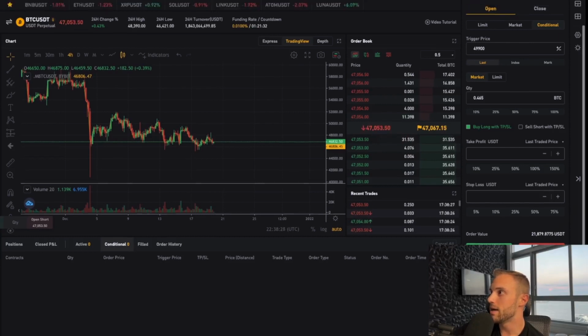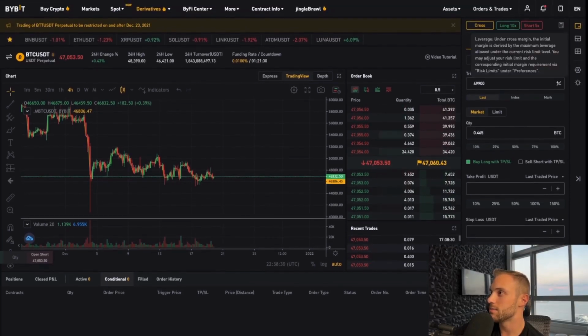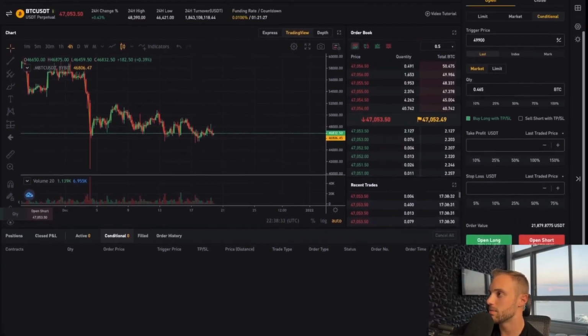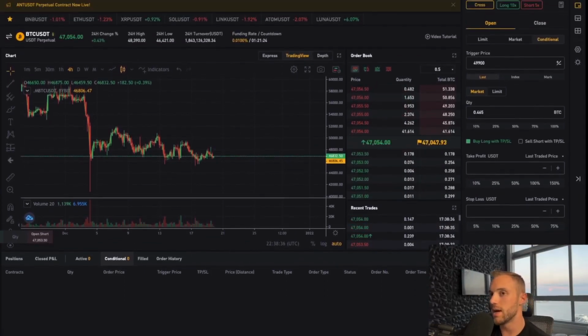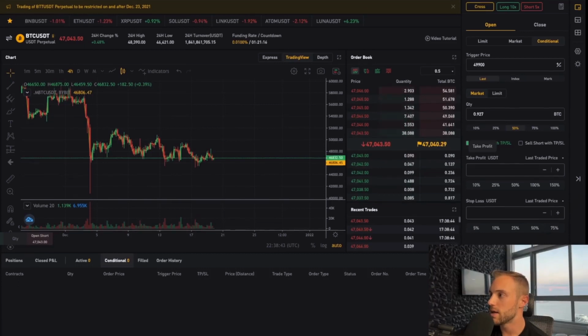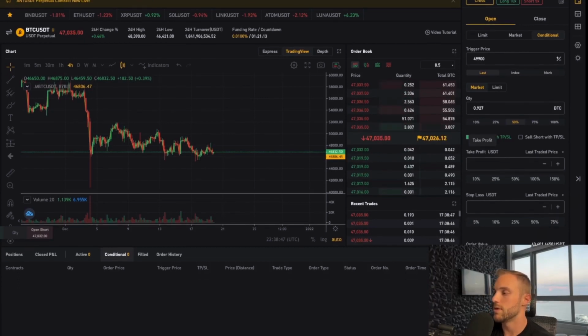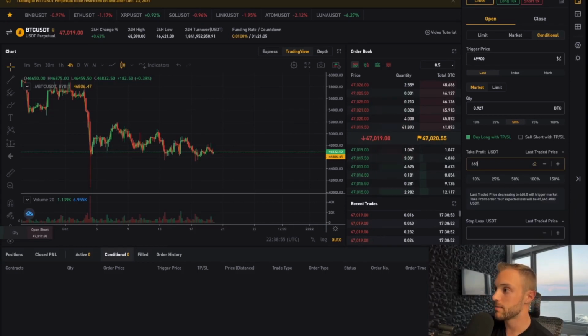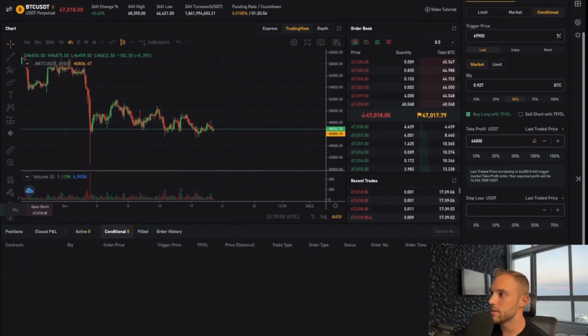Okay, I'm okay if right now we're doing a cross margin 10x. This is going to be my only trade, so I'm completely fine with doing cross margin. Typically, you want to do isolated margin if you want to reduce risk, but I'll do a 50% cross margin trade, and then you'll see my actual liquidation prices and things. It doesn't really matter because I'm going to have a clear stop loss in here. Okay, so take profit, like I mentioned, will be at 66,000. If price breaks 49,900, it'll put me into a market order. I'll ride that trade up to potentially 66,000, and then I'll exit the trade and take profit there.